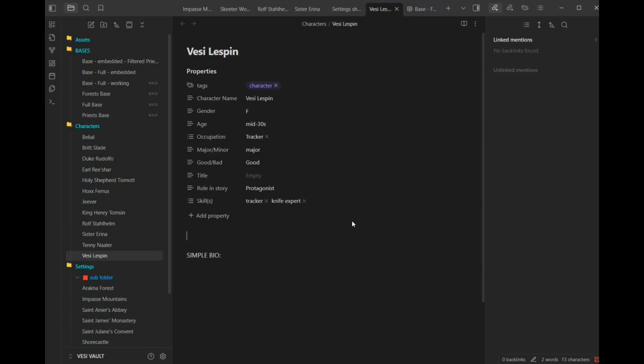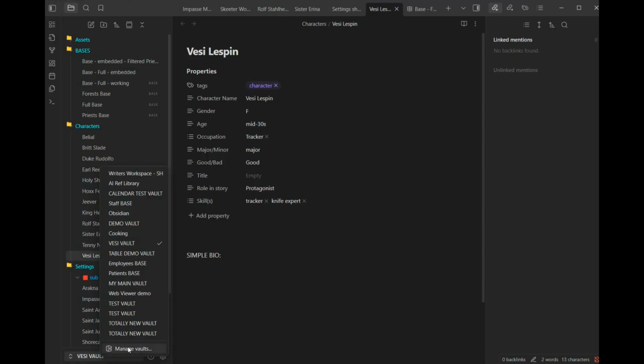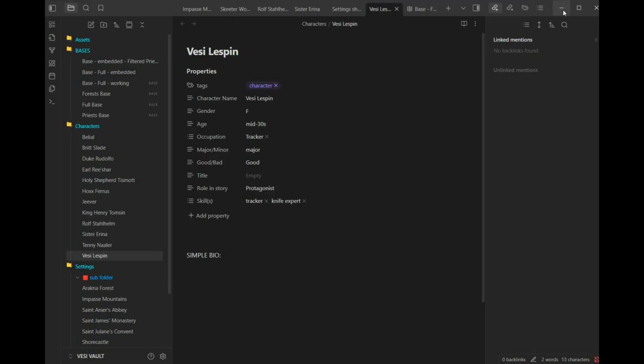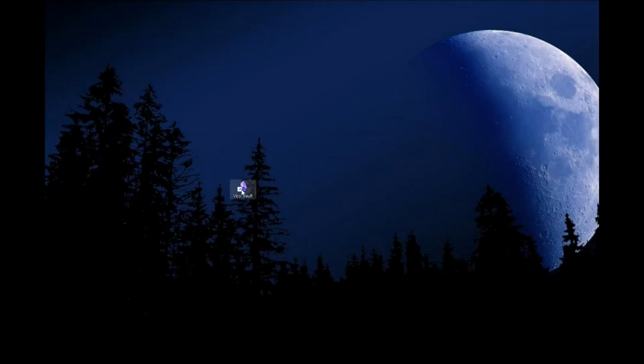Let me make another. I'll make one to the cooking vault. Let's go back into the list here, and under Manage Vaults, here's the cooking vault. I'll click on More Options, and I'll click on Copy Vault ID. That'll copy the ID of the cooking vault to the clipboard. I'll close this. I'll shrink that down, and